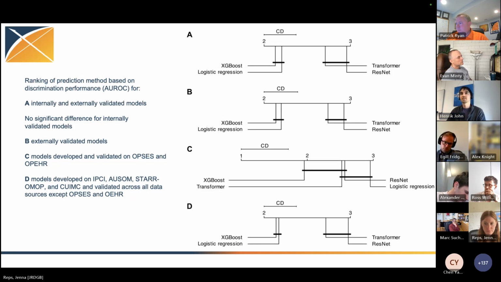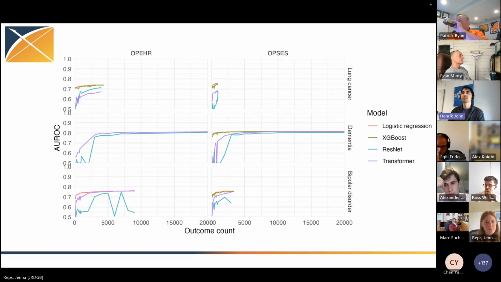I mentioned that there was no significant difference for the internally validated models. So on the next slide, we looked a bit more in detail at that. We created learning curves where we can look at the discrimination performance, in this case AUROC, for increasingly larger subsets of the training data. And we can confirm